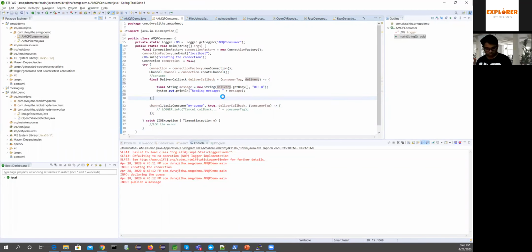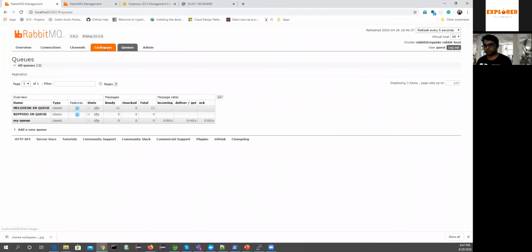Since this is still running, what we can do is go to this management. So we have queue. Now there are 0 messages because now I have connected with no ack true, so that once it is sent, it is removed from the queue. If no ack is false, then inside this one I have to call the ack to the message to be removed, and send the acknowledgement from here.